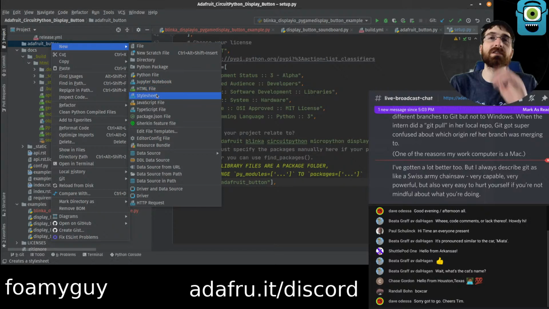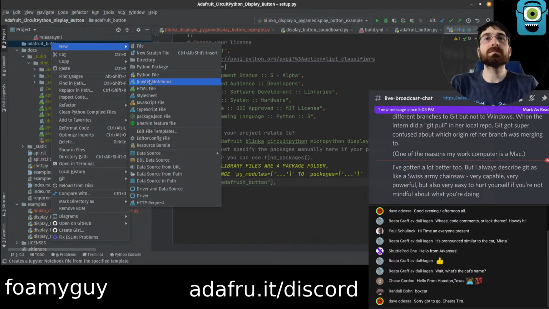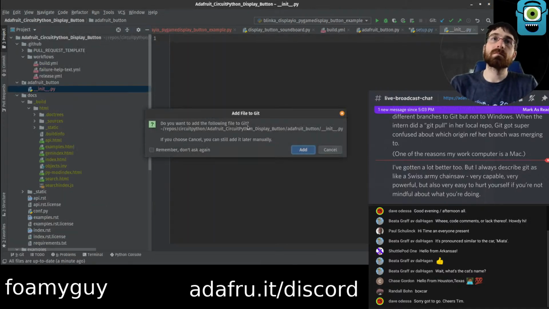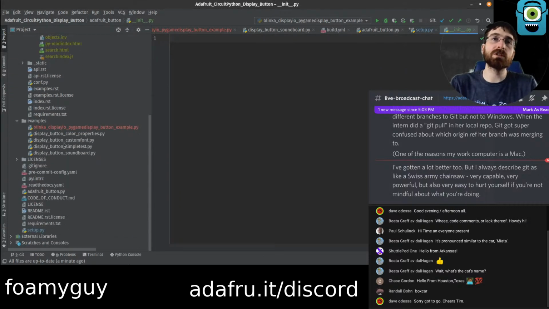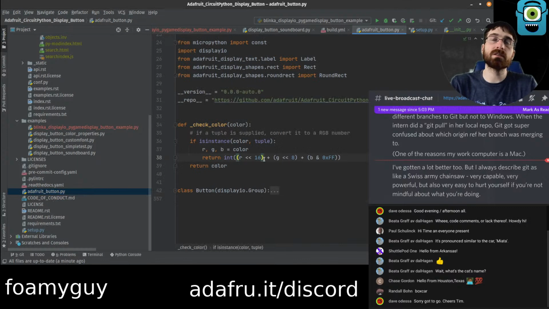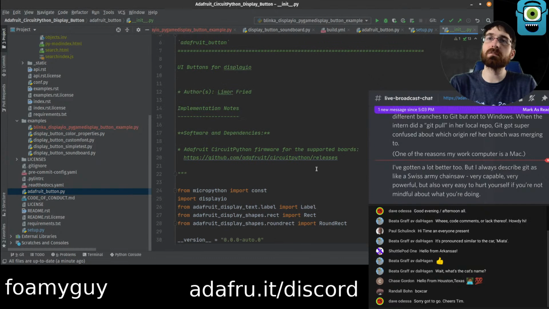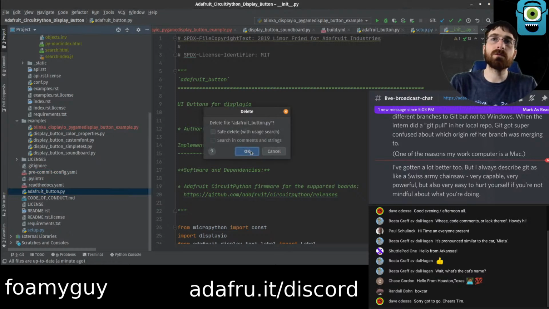Move this inside of init. Yeah, I think so. That way this one will still be called Adafruit button when you import it. Maybe we won't have to change the imports if we do it this way. I'm not actually sure though. Do that, we delete that.